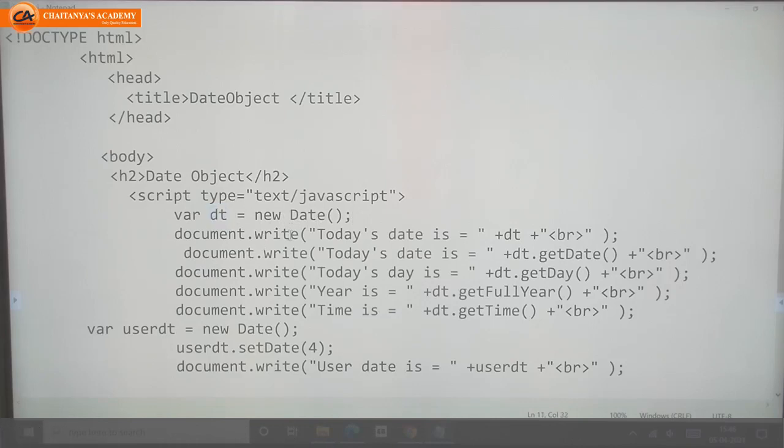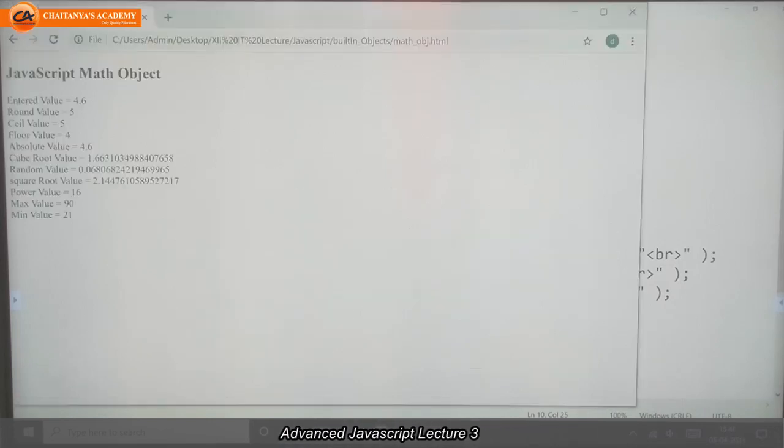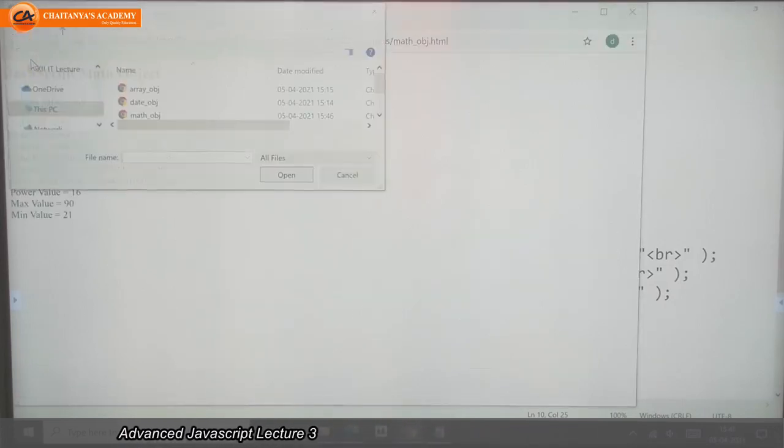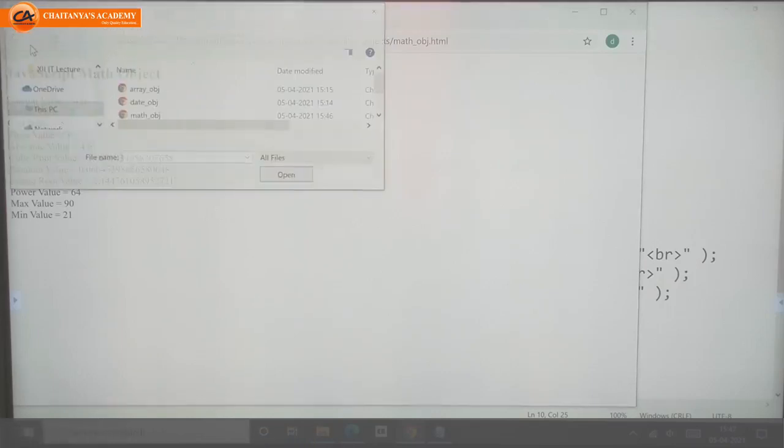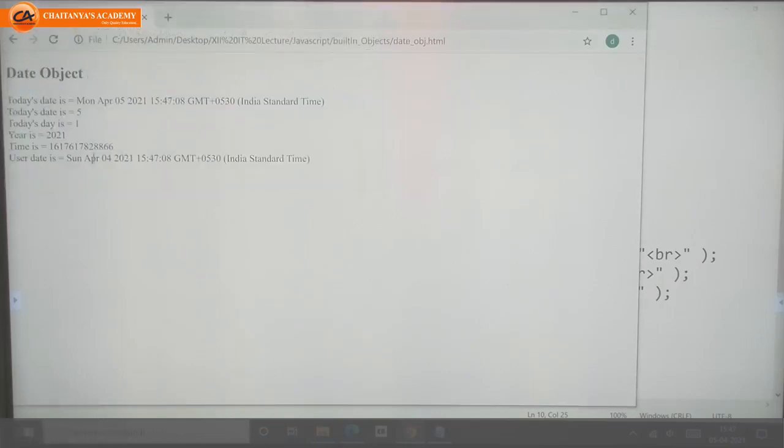The value of date is not only date, it is having date, month, year, the time with seconds also. We will see the output, then you will get to know what it is displaying. See, this is today's date.